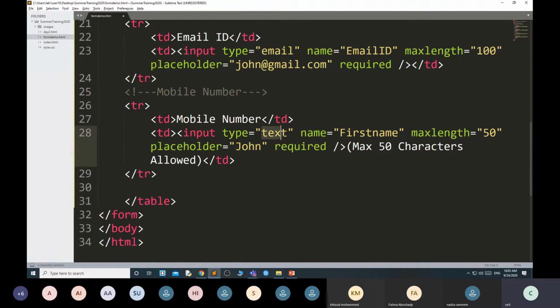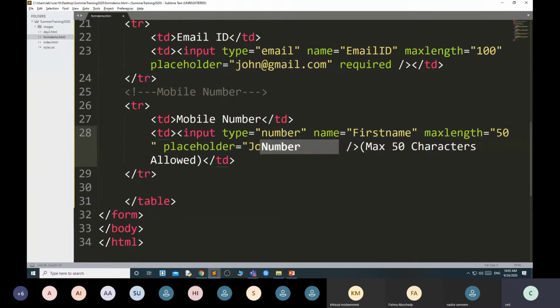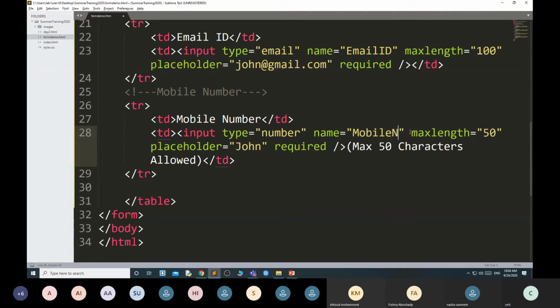Input type, you can keep it text, you can change it to number. Okay, I will show you both the differences. If you write input type number, suppose name, here I just change to phone number.